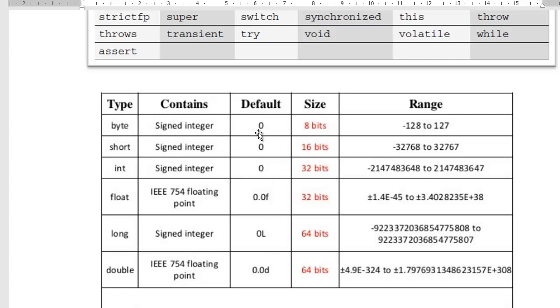If you are assigning any default variable, then its default value is 0. For a float we have to write 0.0f. For a double 0.0d. By default you may or may not write it. For a boolean it is false. For a character this is a Unicode character, that is null, \u0000, that is null.